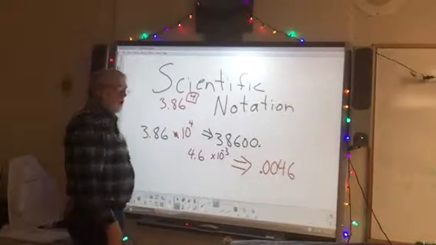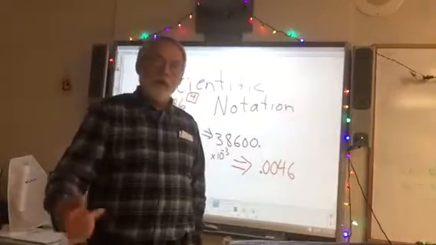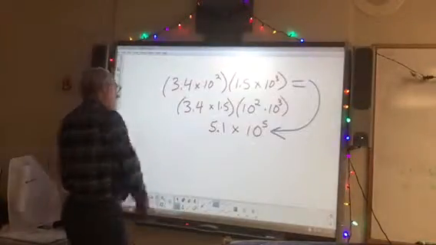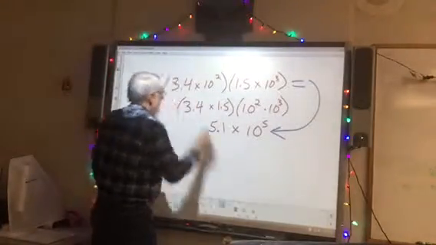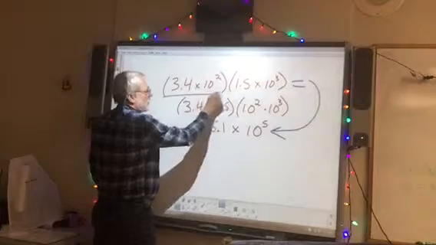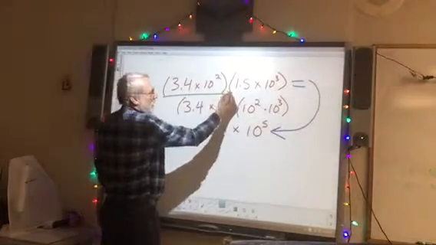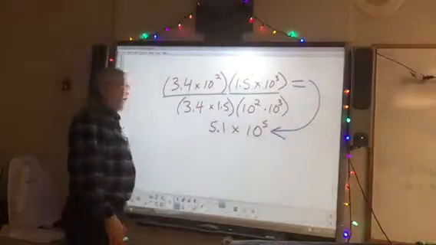Scientific notation. What can you do with scientific notation? Just like the other stuff, you can multiply and you can divide. So what does that mean? That means when you have something like this, 3.4 times 10 to the 2nd power multiplied by 1.5 times 10 to the 3rd power,